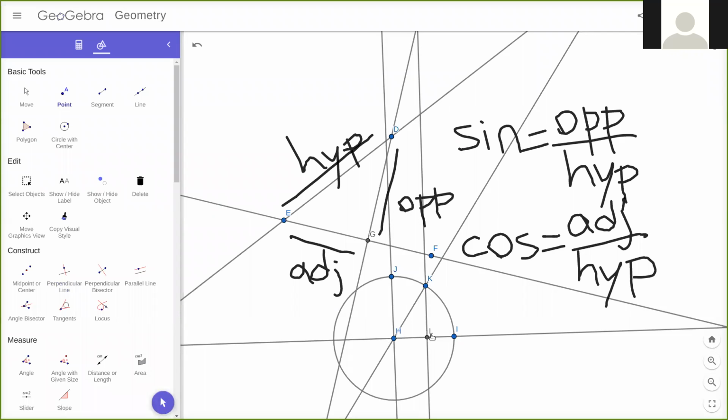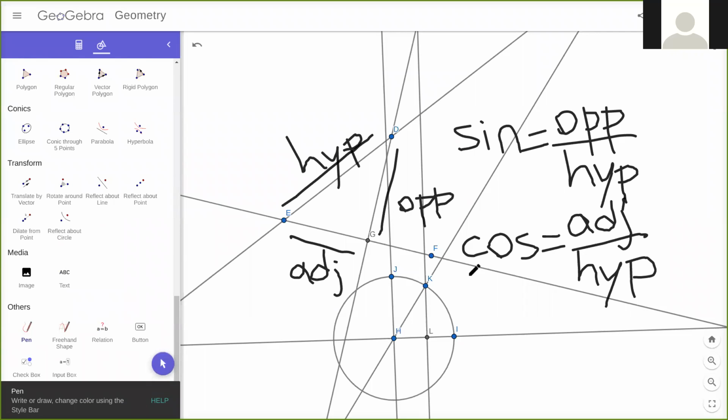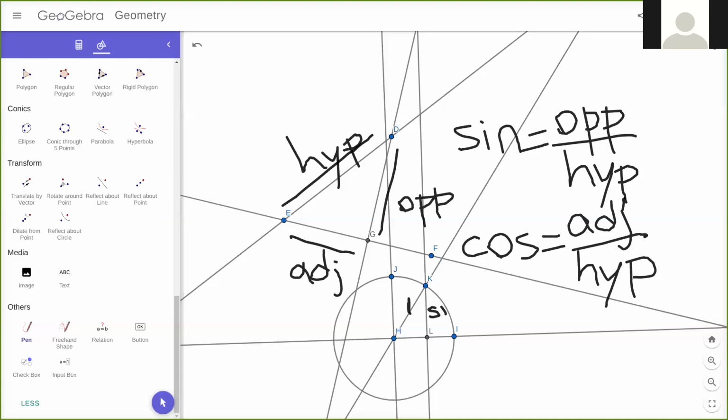So say this is L, so KL over KH is the sine. So if this radius is 1, then the sine is just here and the cosine is just here. So yeah, so we see that,